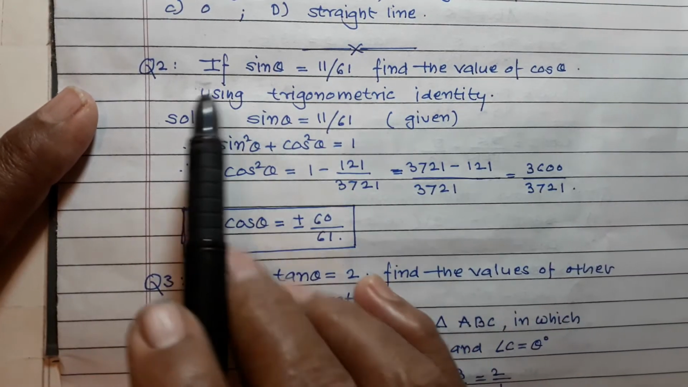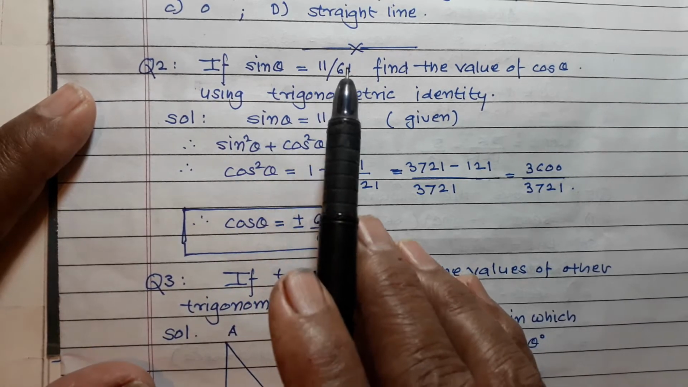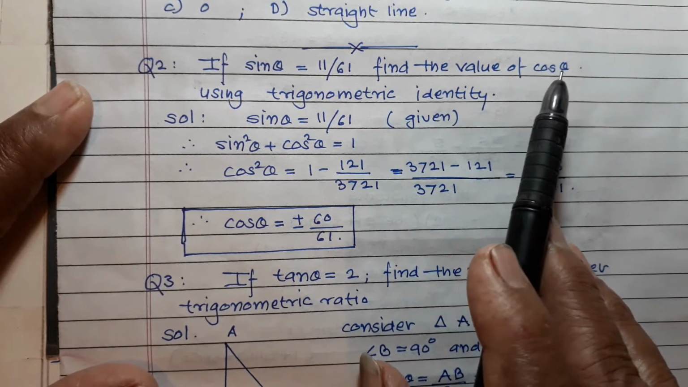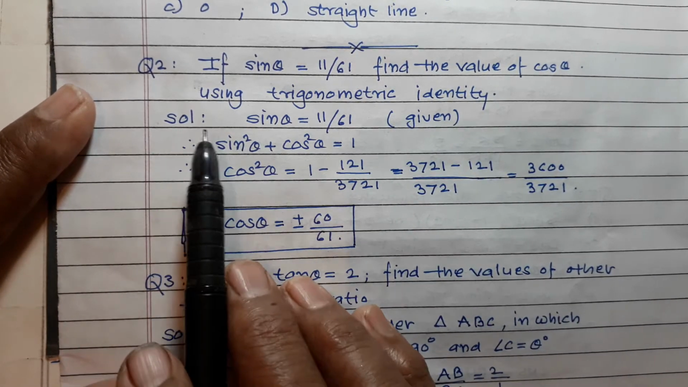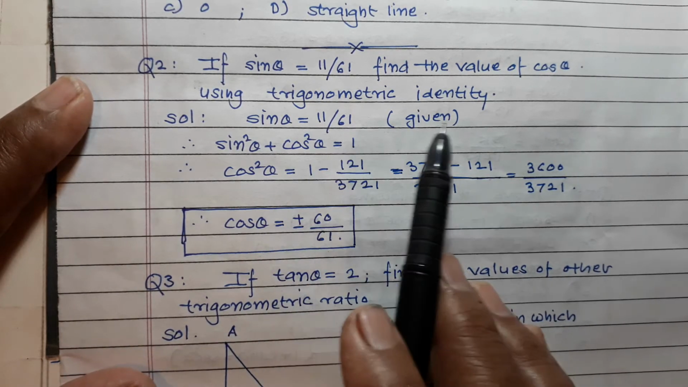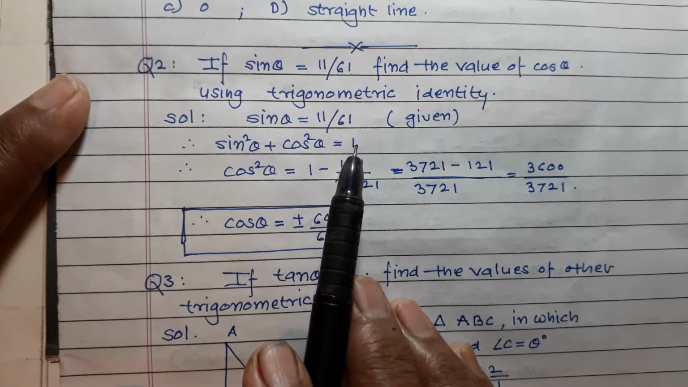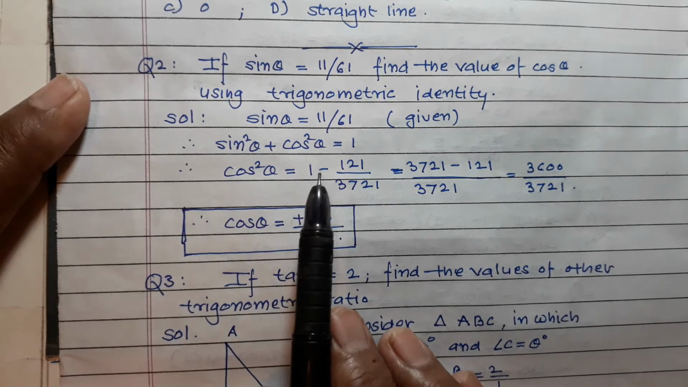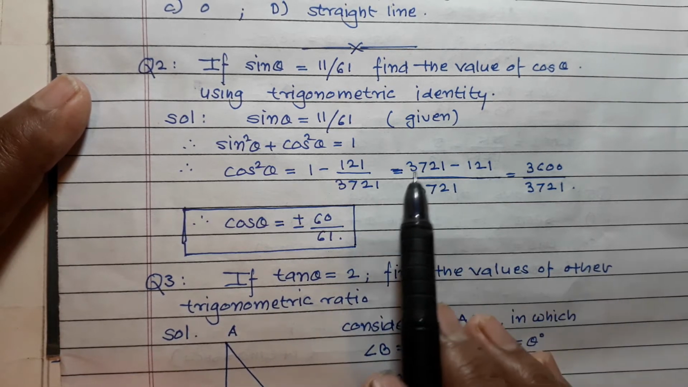Okay. Question number 2. If sin theta is equal to 11 upon 61, find the value of cos theta using trigonometric identity. Okay, solution. Sin theta is equal to 11 upon 61 given, and now you know sin square theta plus cos square theta is equal to 1. This is an identity, and therefore cos square theta is equal to 1 minus 121 upon 3721 is equal to